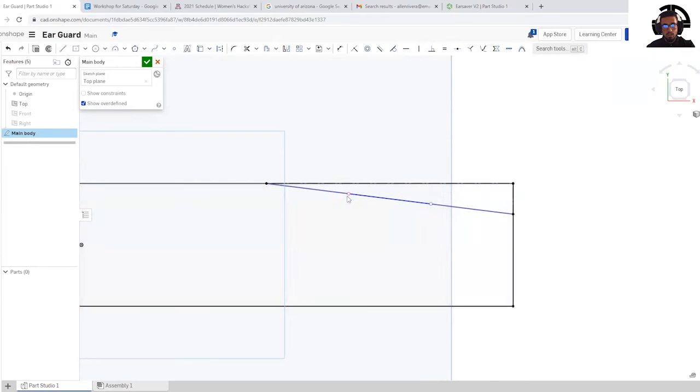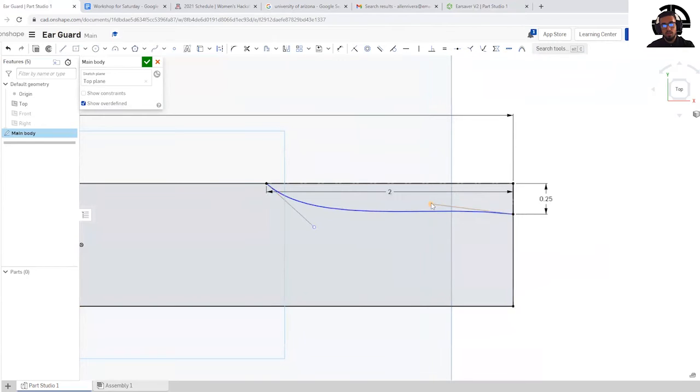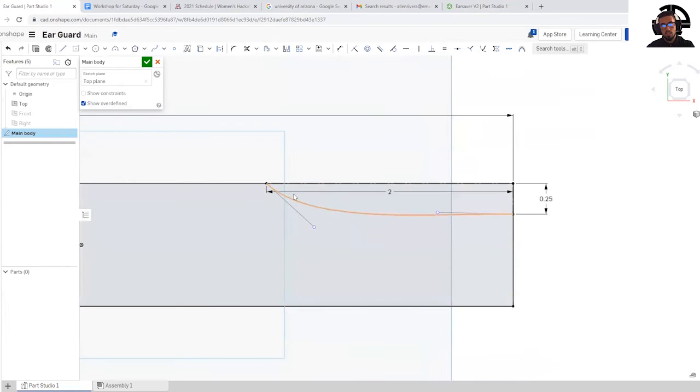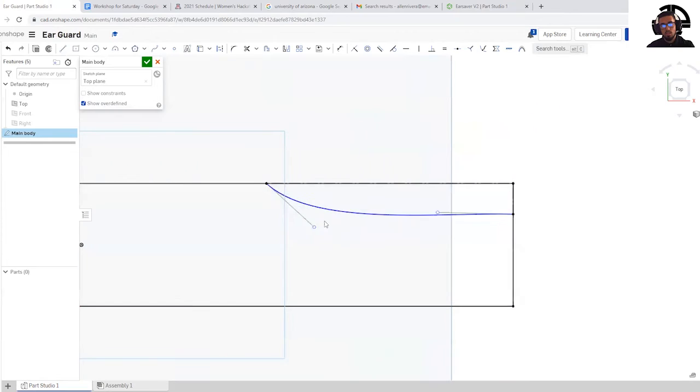These dots control the curvature that you would like from this very spline, and that's the beauty of splines. I can add curvature to the line depending on how far I drag it to the left or to the right, or how far I drag it up and down. So I want to add a very sleek curvature to it,